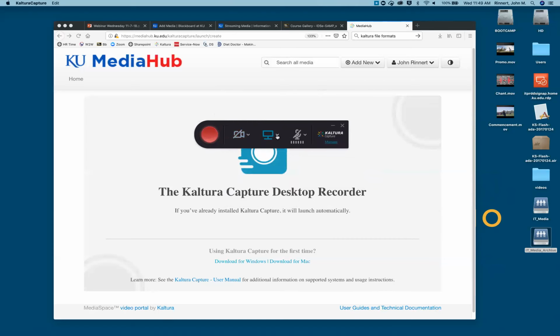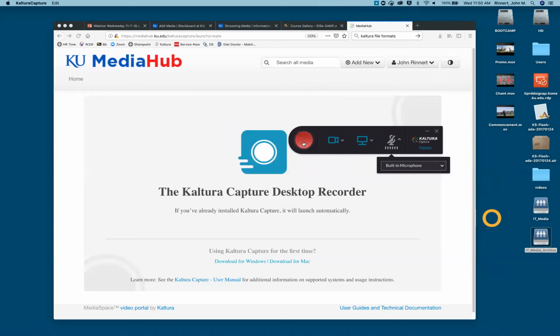I can choose what to use as far as a screen recorder, or I can choose not to do a screen. Maybe I'll just do both of those. And I can choose what microphone on my computer to use, or I can not use a microphone, which I'm not going to do this time. You probably wouldn't ever do that, because usually you want to be heard. And once I've made those choices, I hit the big red button,